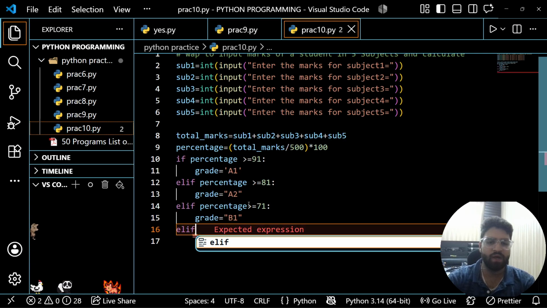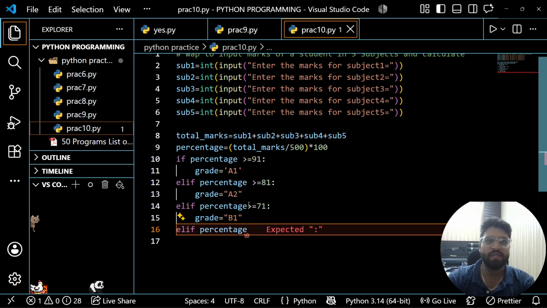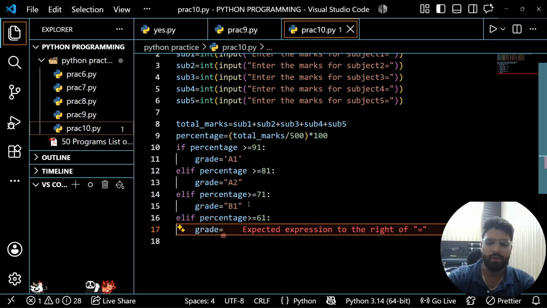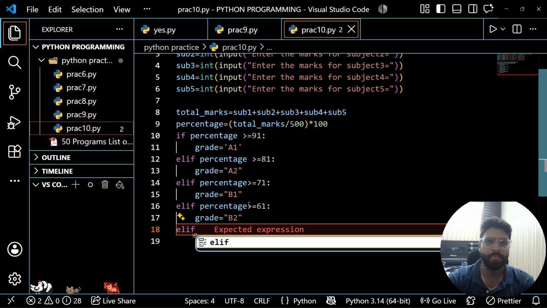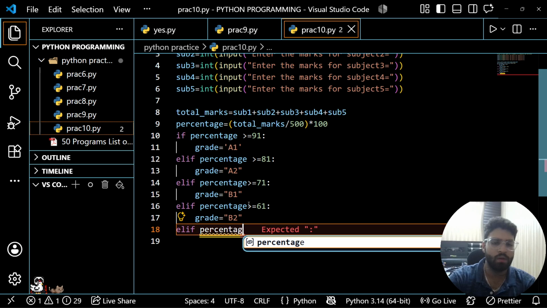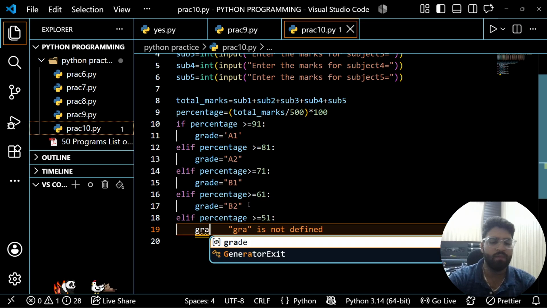So elif again, if percentage is greater than or equal to 61, then the grade is B2. Okay. Elif percentage is greater than or equal to 51, then the grade will be